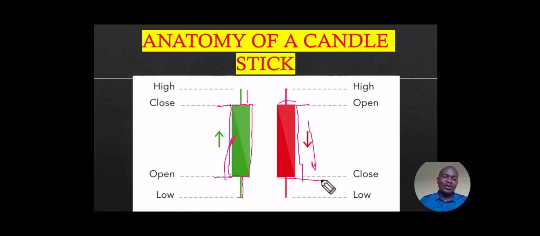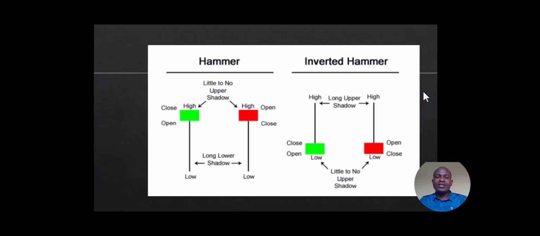So this can also tell you the only 2 means of making money in the market. It's only when you buy low and sell high, or sell high and buy low. I think this is where they coin it from. So the 2 ways you can make money from the market are buy low, sell high, and sell high, buy low. All right, so the first pattern we're going to look at is the hammer and the inverted hammer,